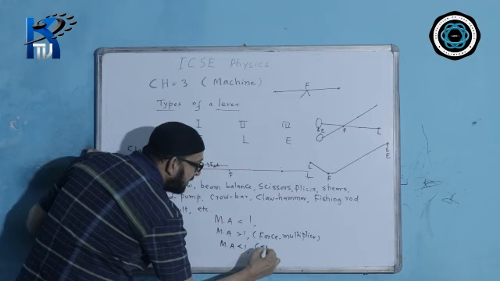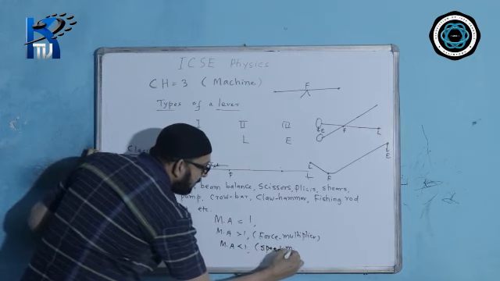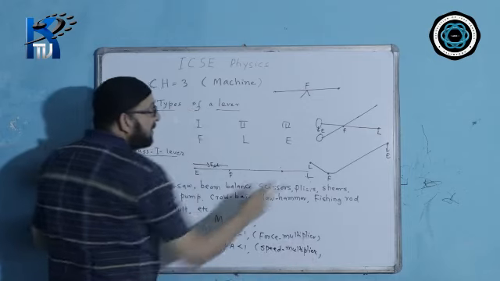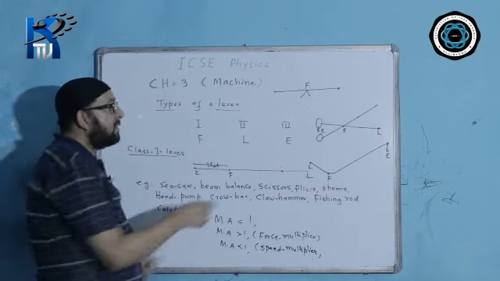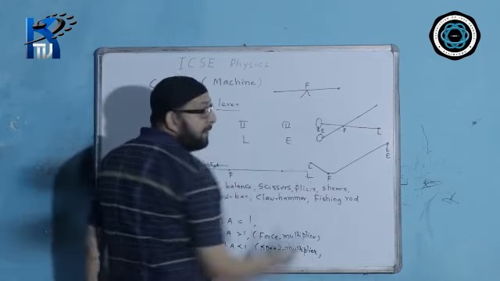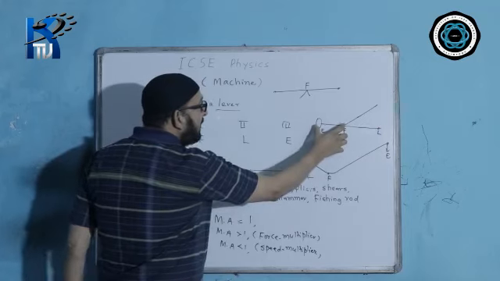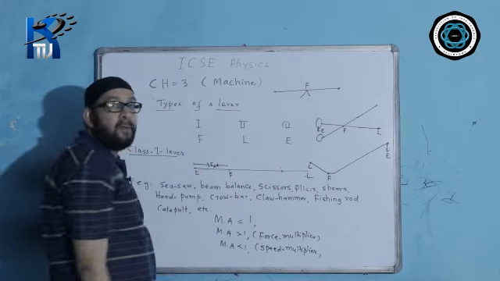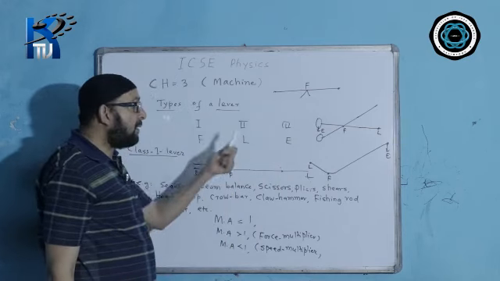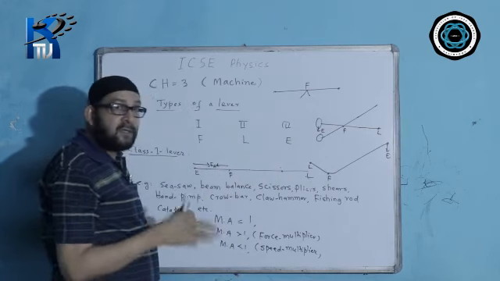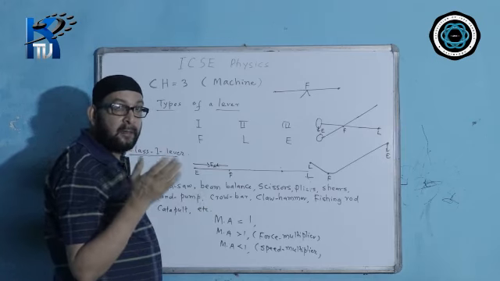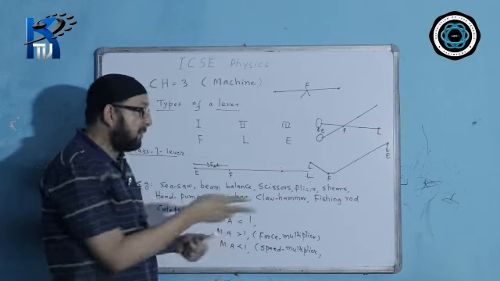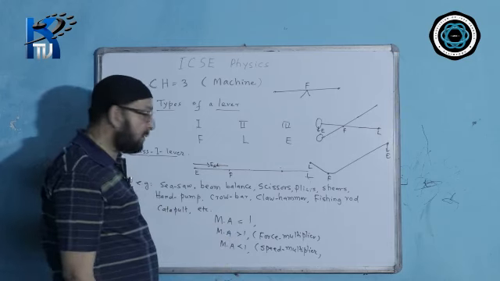That time it will act as a speed multiplier. Speed multiplier. That happens in the case of a scissor. A scissor has a short handle and a long blade. The short handle means the effort arm will be shorter and the load arm will be longer. So it will cut the piece of cloth or the piece of paper much faster than shears or pliers.